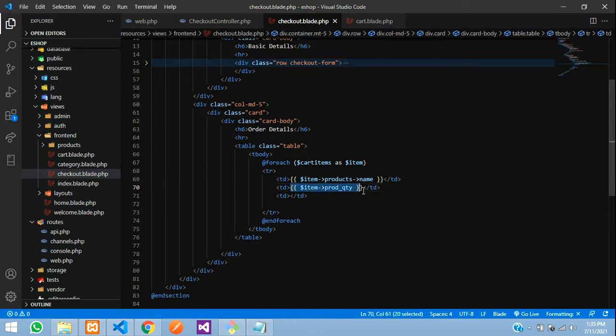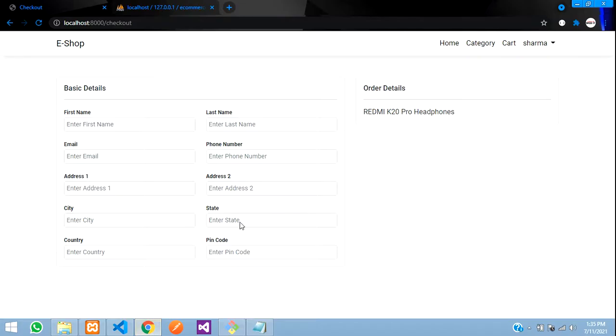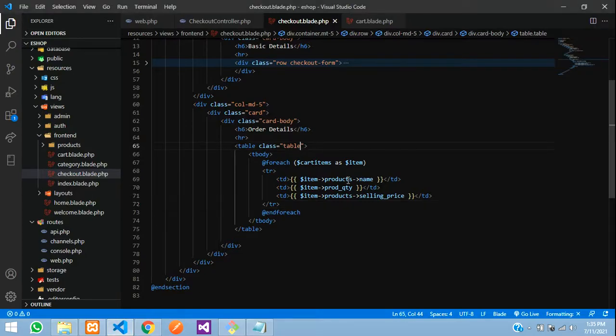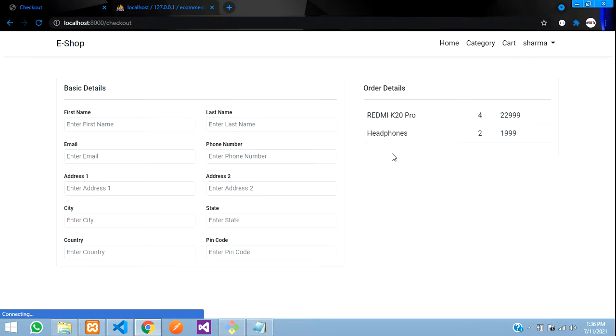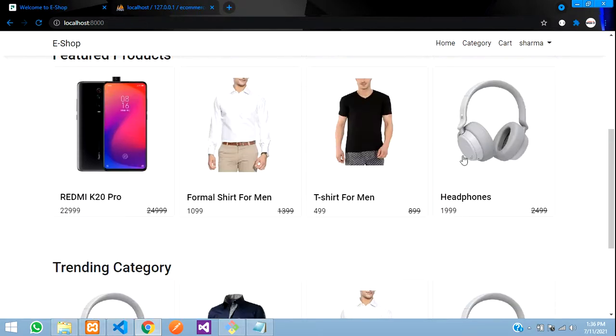and the last one we are going to show the price, so that we are going to show from the products table, product of selling price. Save, and let us check the output, refresh. Here it is, let us just add a class to this. Here table striped, so if you have multiple items, you are going to get like this background color to the alternate rows. I will just add another product over here,